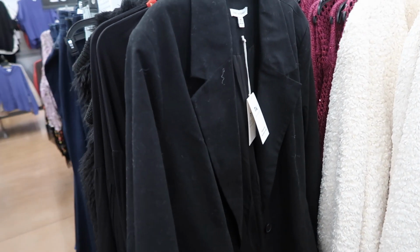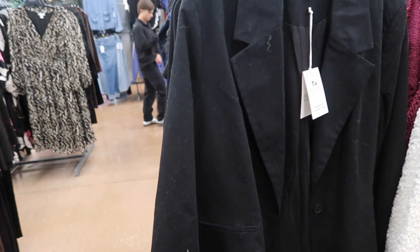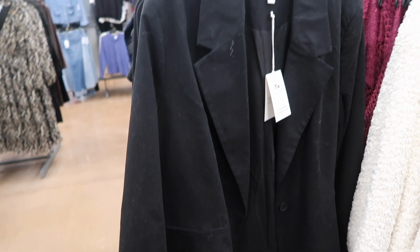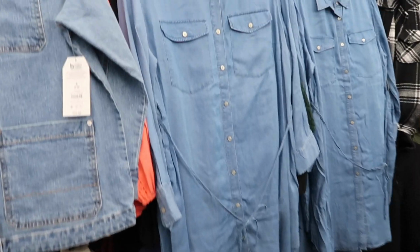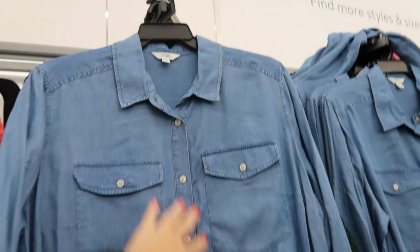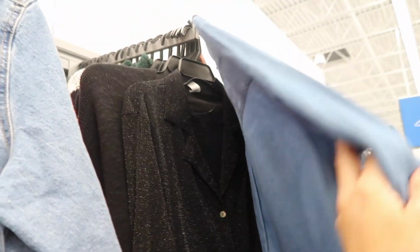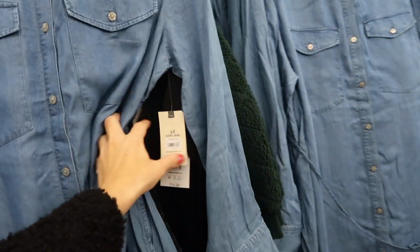They're regularly, I'm pretty sure, $34. They're now on sale for $11.74. New chambray dress from Terrence Guy. This is their plus line, has the smaller collar, full functioning buttons, the two flat pockets with the button on the wrist, scoops in the middle, also comes with the belt and the seam in the back. And they are going to be